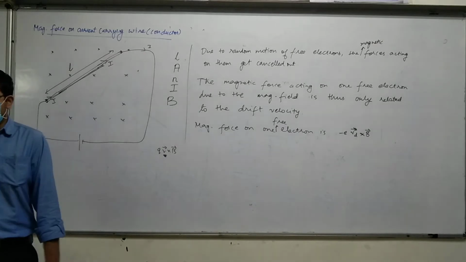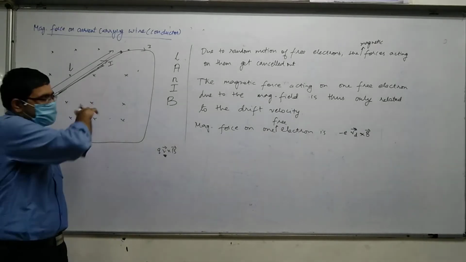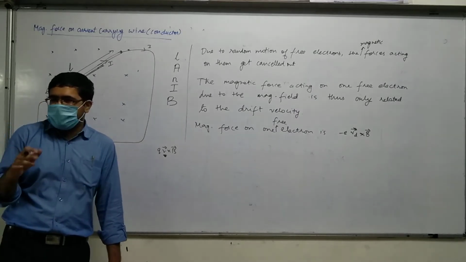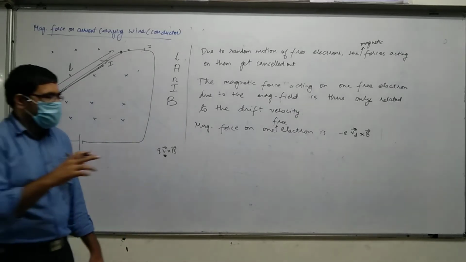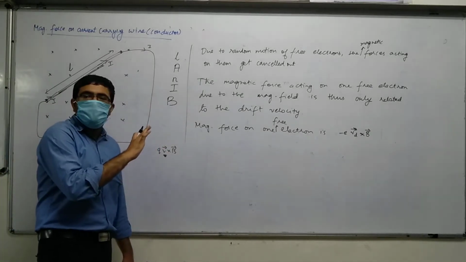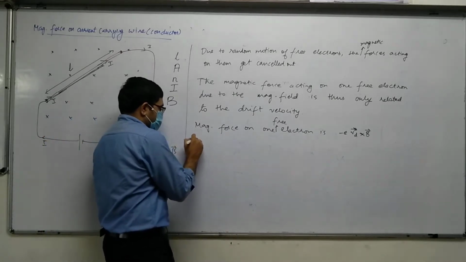Which formula are we using? The motion of a charged particle is going on inside this magnetic field. That's why Q V d cross B. There isn't a Q V vector cross B vector. So minus e into V d vector cross B vector. Clear? Charge of electron is minus e. Okay. Then therefore